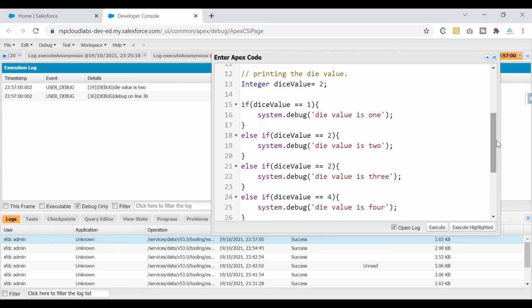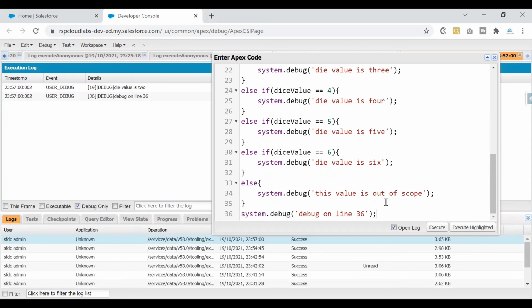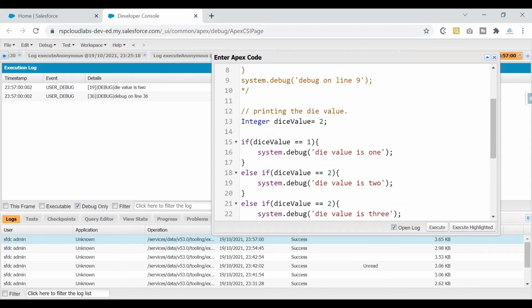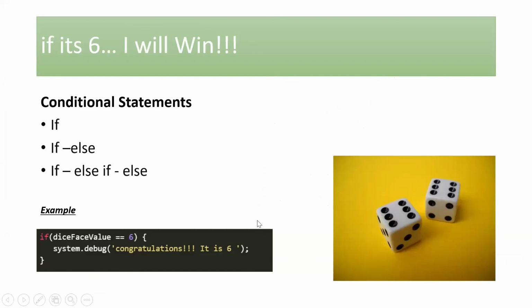Do not focus only on the functionality. Always think of them as two wheels of a bike that need to run properly. Focus on your functionality as well as the overall performance of your code. If you write code, it should not take ages to complete. So that is how you can use your else if. With that, we have completed our if, else, and else if blocks.